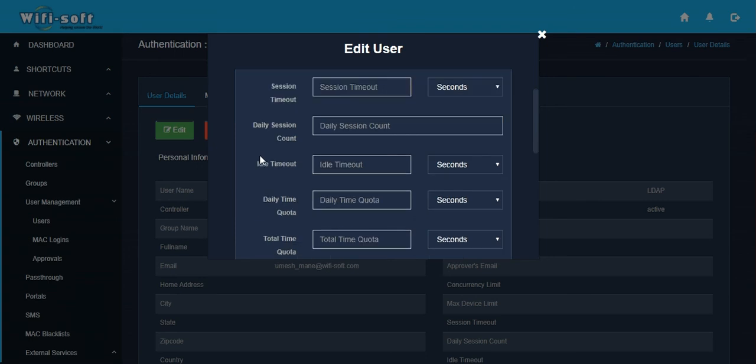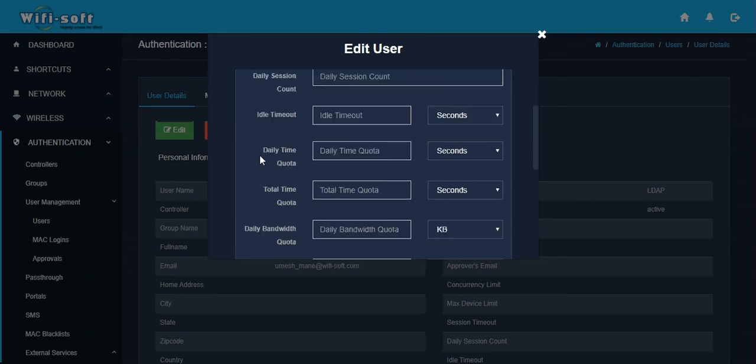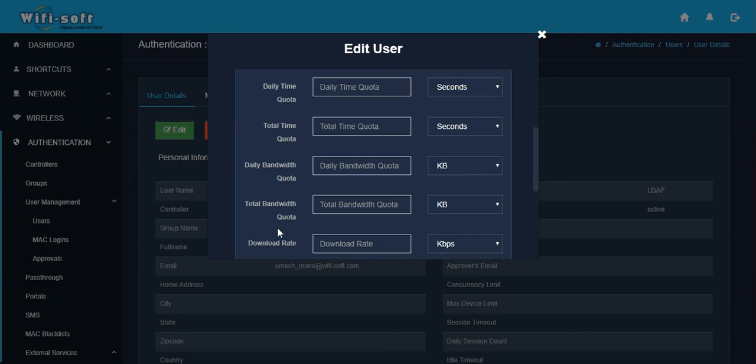So the total timeout or the idle timeout restrictions can be enforced. The daily time quota and the daily bandwidth quota will enforce how much data or time the user can use within that day. Similarly, the total bandwidth quota will enforce how much total bandwidth to be allocated to this particular user. So let's take an example, like if you want to allocate 500 MB for this particular user. So this means that this user can use 500 MB of total bandwidth, and after that the user will automatically